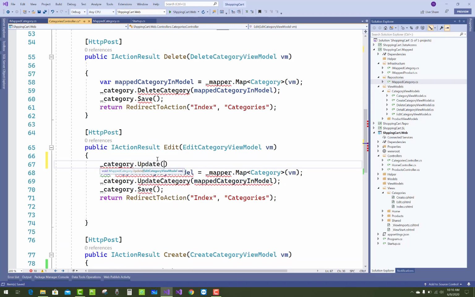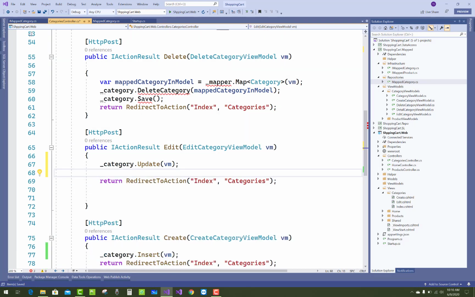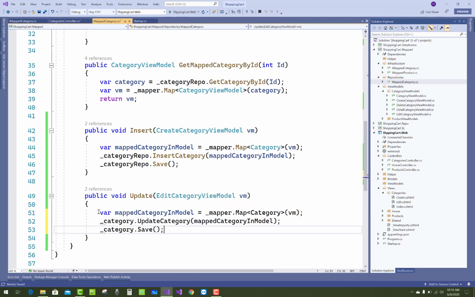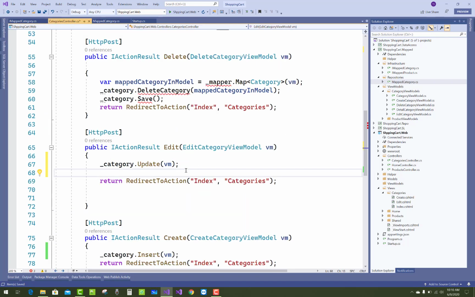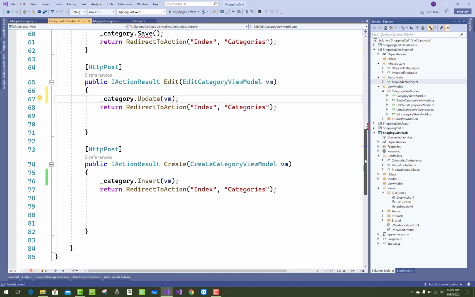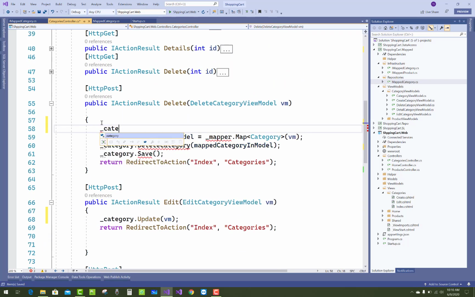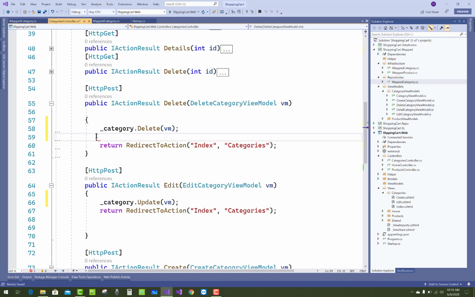_category.Update VM, and just cut and paste in the mapped project, that is here. Okay, so here I am going to show you that any relation between the data access layer and the web layer, or you can say UI layer, is actually not related to each other.